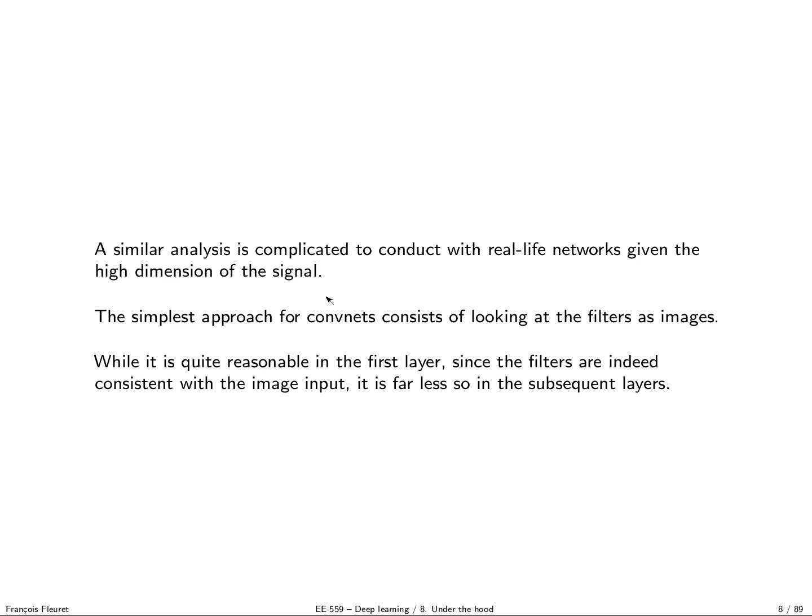So now what we can do is to look at a more realistic case, a convolutional neural network. The analysis I just showed with this simple 2D example cannot be generalized, because the linear operation done in a high dimension cannot be represented anymore as a hyperplane, something that we can visualize in low dimension. So what we can do is to look at the filters themselves. We can even expect that the filters in the first layer really look at the image itself, so they should somehow be little pieces of image that hopefully may make sense to us.